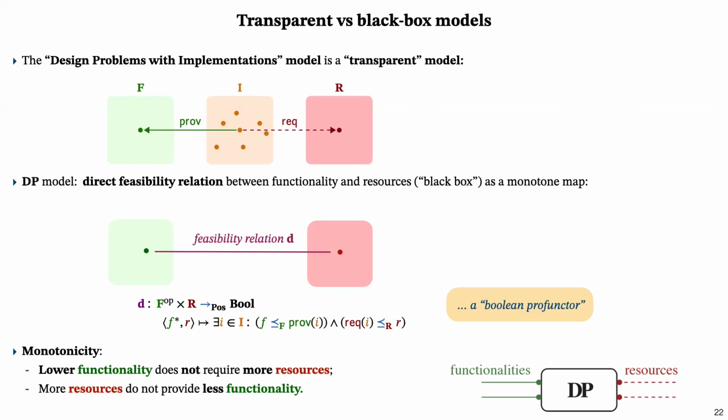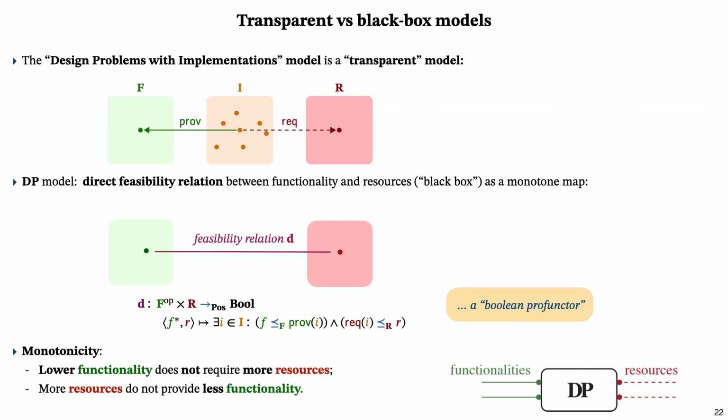And a design problem will be a box in a new language, where on the left, we have green wires for functionalities. And on the right, we have red dashed wires for resources. Green and red, it's because of the meaning, right? Green is something we want to be high. Red is something we want to be small. And the dashed is for colorblind people, like myself. I'm partially colorblind on red and green, so it would have been a mess to play around with these maps without this default. Okay, so